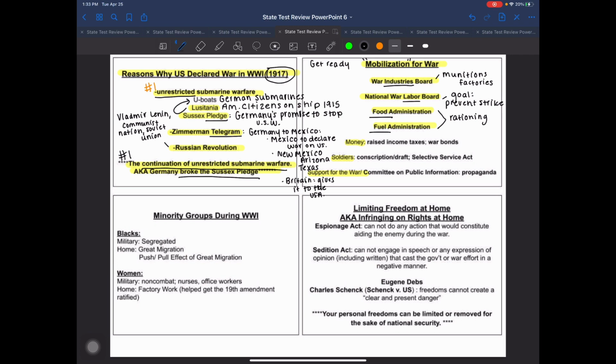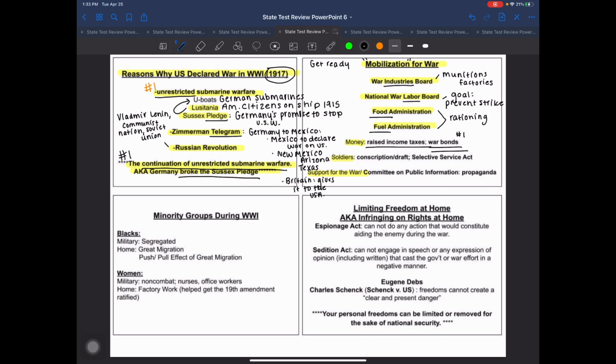The next one, wars are expensive. Congress knows that, and so they're going to try to come up with a way to help fund this war. They are going to raise people's income tax, and they're going to sell war bonds. And I'm going to put a number 1 beside war bonds because that's actually the way that they raise the most money. And to just kind of make war bonds make sense a little bit, war bonds is when you ultimately give the government money. You give them money, in this case, to help win this war. Hey, use my money however it needs to be used to help fund this war so that we are successful.